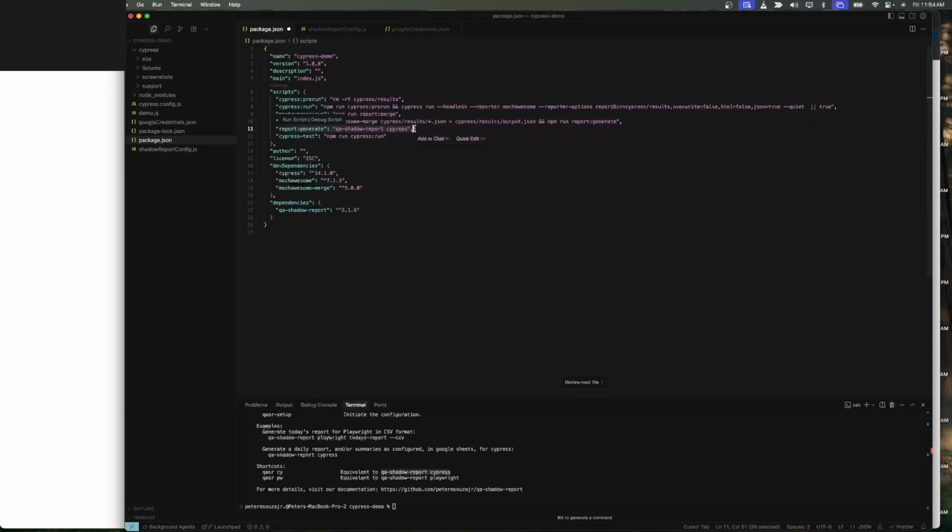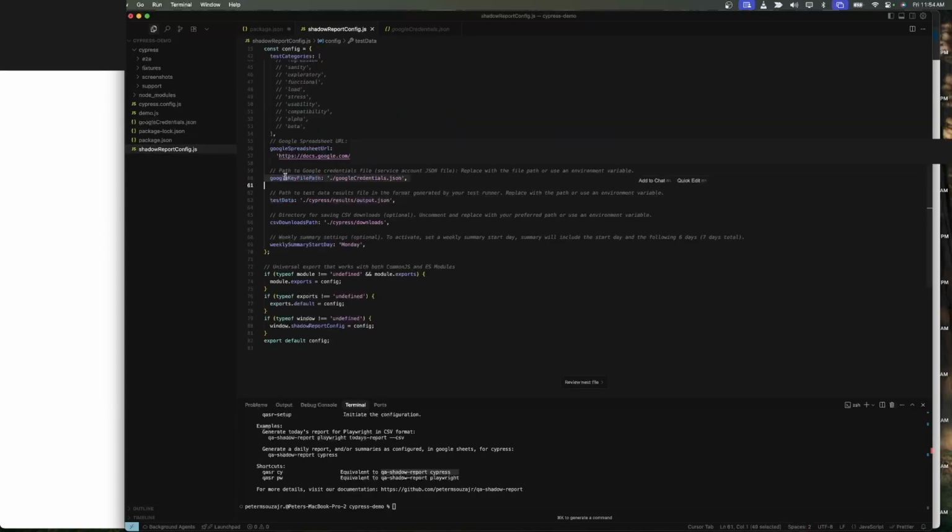This is QA Shadow Report Cypress. So this is down here, QA Shadow Report Cypress. We run this command and it generates a report based on our output.json. And if we have a Google Sheet